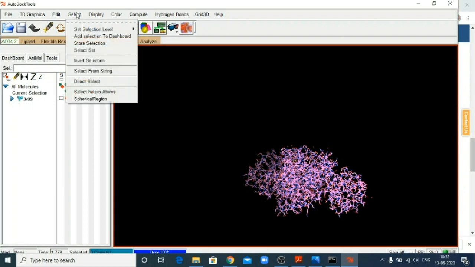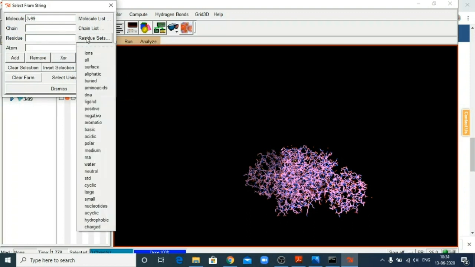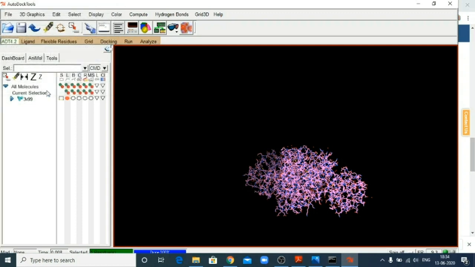Now we are also interested in reviewing the arachidonic acid, because that is the site where we are actually going to dock the aspirin molecule. So go to the residue, select the ligand, add and dismiss.